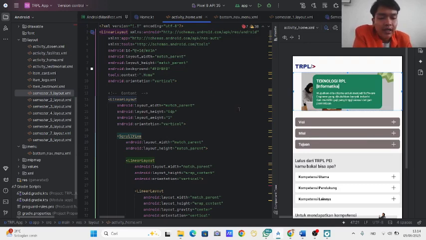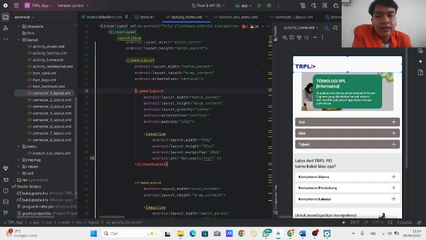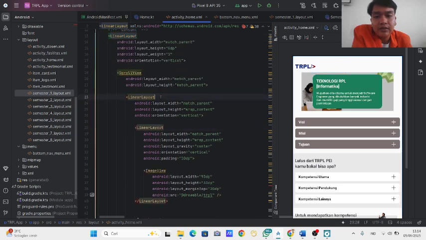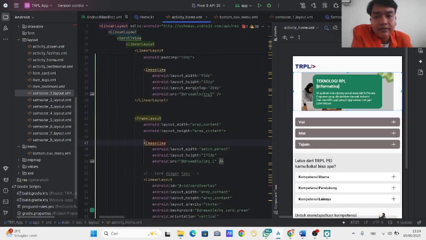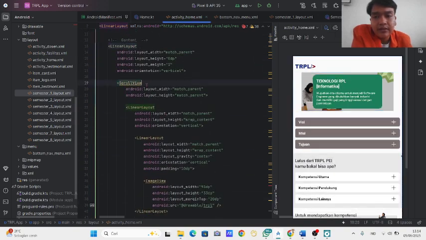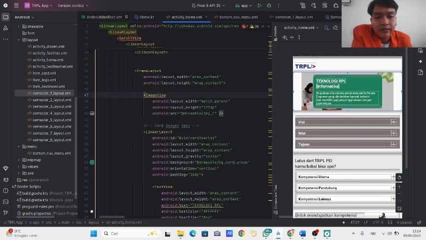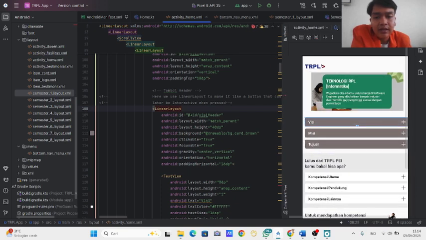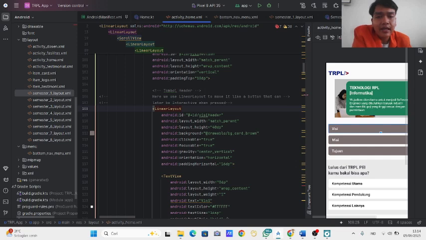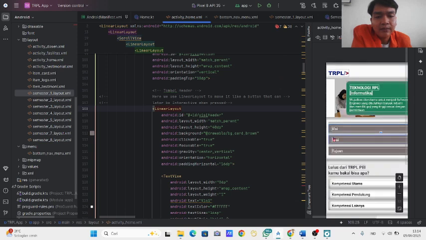Here I will explain the code structure of the code dashboard. In this view we use linear layout for the header, and then here we use scroll view, and then here we use linear layout to make it like a button that can later be interactive when pressed.